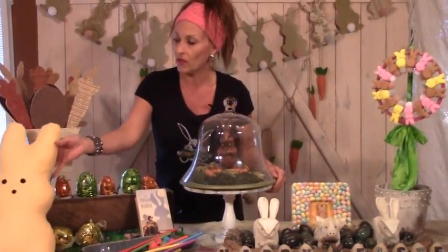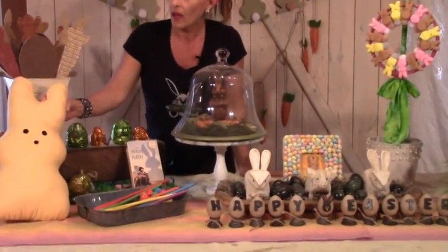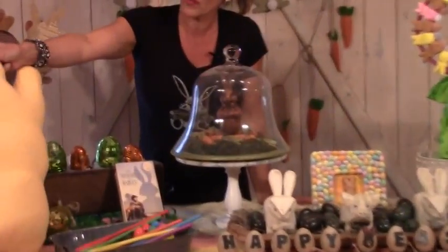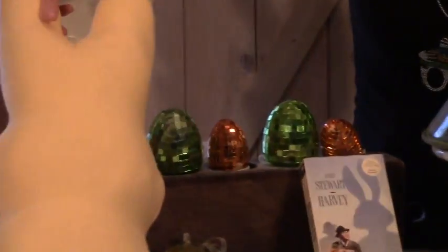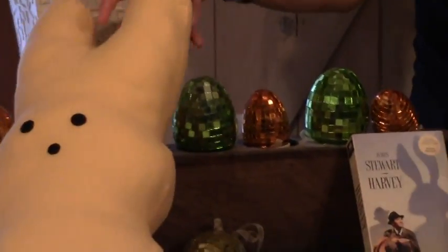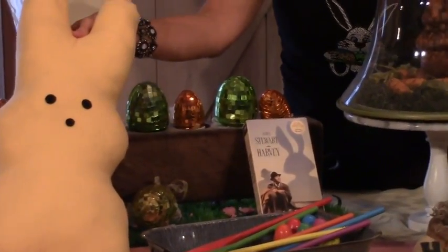And you know, if you can sew, or you have somebody that can help you sew and you have a sewing machine, this is just my little Peeps pillow, which is kind of a nice soft, almost like a felt fabric. Oh, actually it's a flannel, like a yellow flannel. And get a template off the internet, or just a pattern for your Peeps